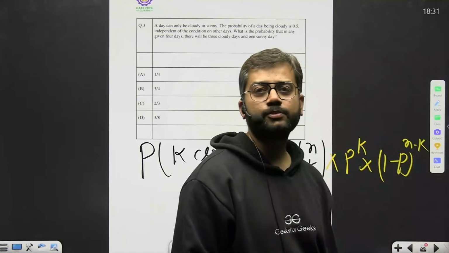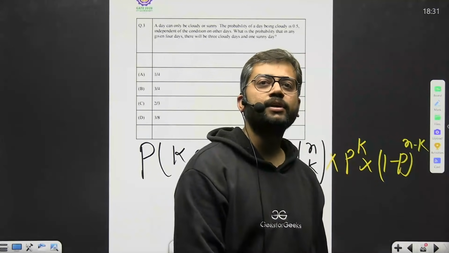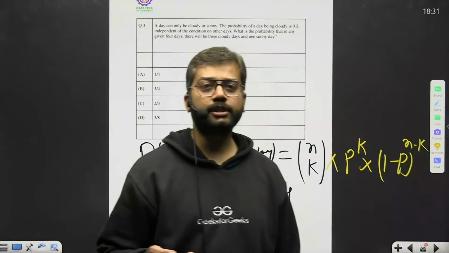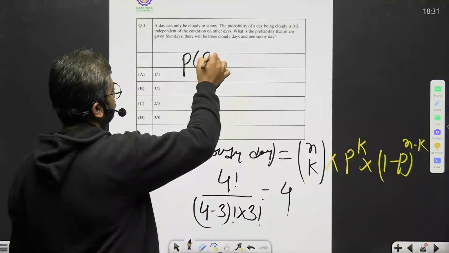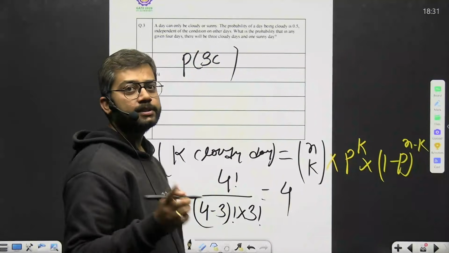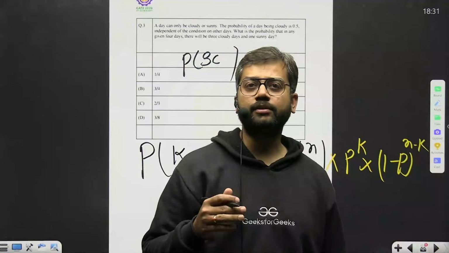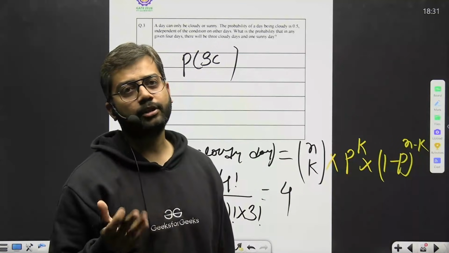बाइनोमियल कोफिशिएंट के बेसिस पर हम लोगों ने एक वैल्यू निकाल ली. अब हमें क्या चाहिए, प्रोबेबिलिटी निकालनी है. ठीक है, तो 3 क्लाउडी डेज का प्रोबेबिलिटी कितना हो जाएगा, प्रोबेबिलिटी ऑफ 3 क्लाउडी डेज. ठीक है, अब 3 क्लाउडी डेज है तो इसमें कितना वैल्यू होना चाहिए, क्योंकि 0.5 क्लाउडी का है, 0.5 शनि का है,